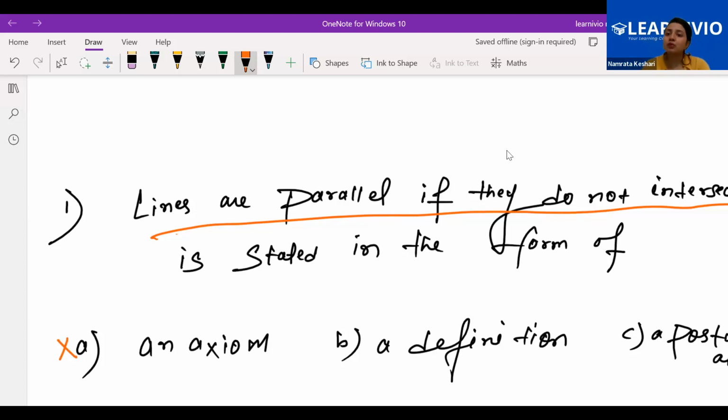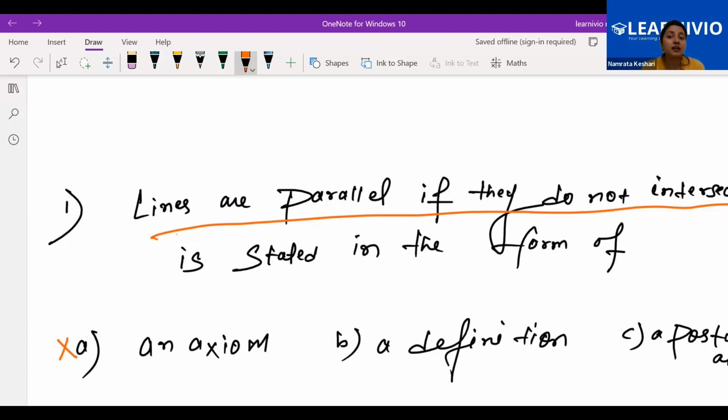Now this is a statement. Euclid has given the definition of a point, definition of a line, definition of a surface, definition of a solid shape, definition of a parallel line, definition of a perpendicular line. I was talking about that in the previous class. Yes or no? Euclid has given us all the geometrical definitions. So it is nothing but just a definition.